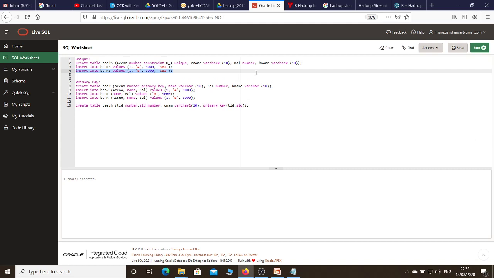No, it will not, because I have applied a unique constraint on account number, and a unique constraint never allows duplicate values to be inserted into a table. Let's check. Yes, it gives me an error: unique constraint is violated. I am getting this error because account number 1 is already present in the table. So this is the use of a unique constraint.